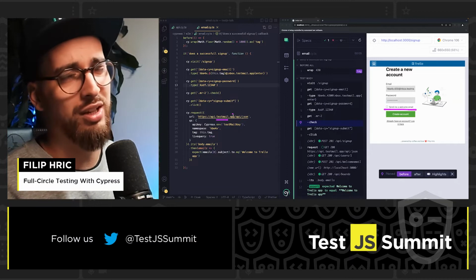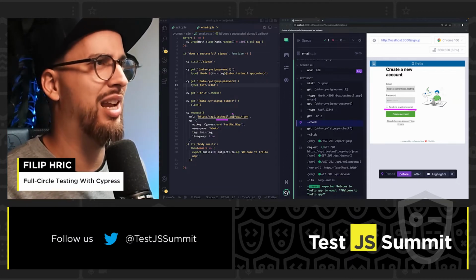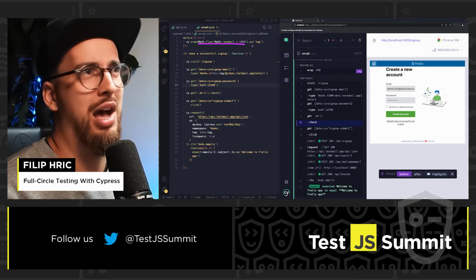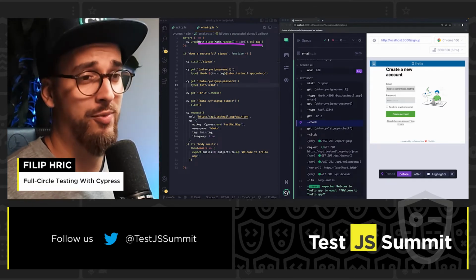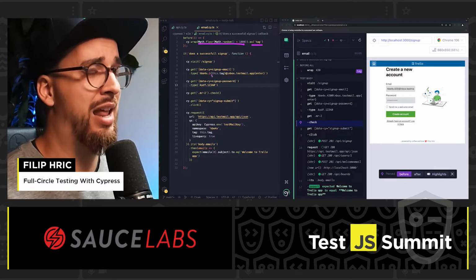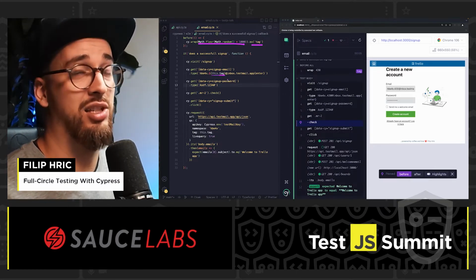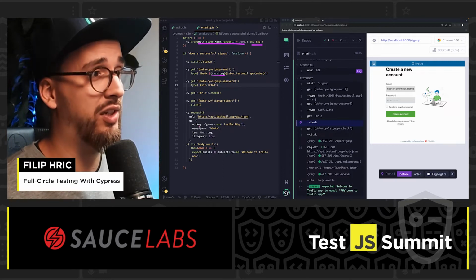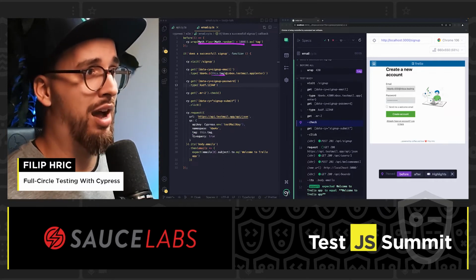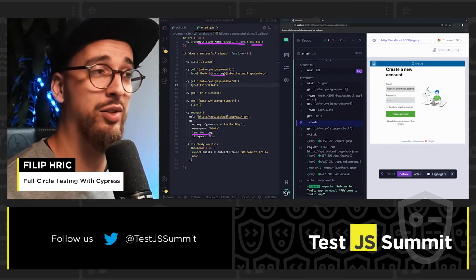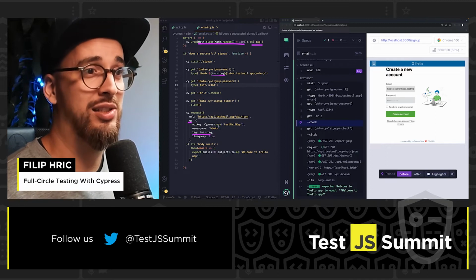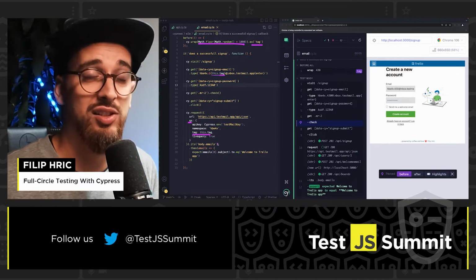Although it may look a little bit complicated, it's actually not. I'm just generating a random number over here. I'm assigning it to a variable or an alias, and then I'm using this alias as a part of my email address so that it can be identified on the server. And then also I'm using that tag in the request itself as a query string. So when I send that request, I get the contents of the inbox